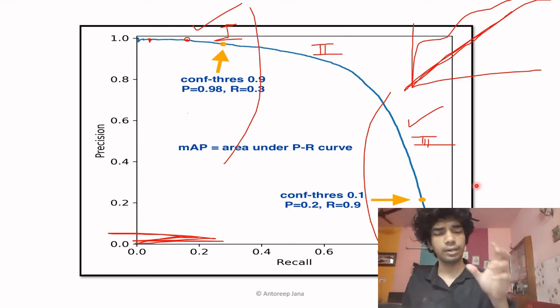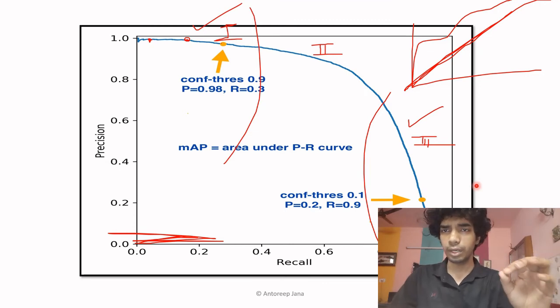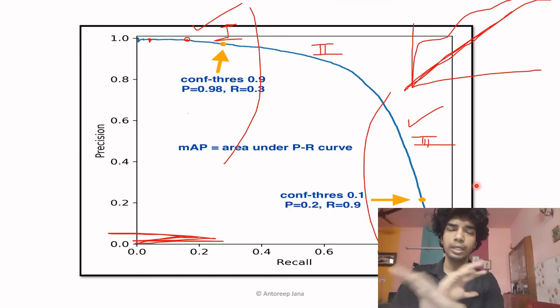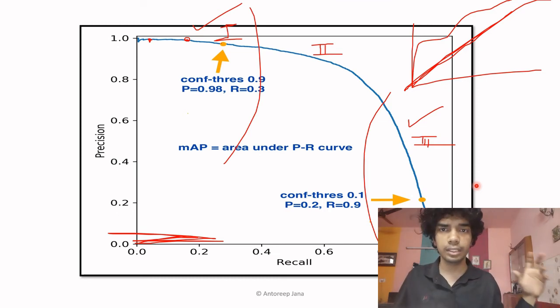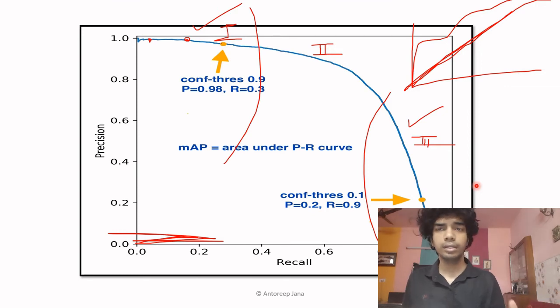Region 3 talks about a very high recall value, with a very low threshold, like 0.2. A threshold of 0.2 would mean that you do not want to miss out on any of the predictions. You say, no matter what the prediction is, let me know all the predictions made by the model. This will ensure that you are not missing out anything. If you're not missing out on anything, your false negatives would be 0.